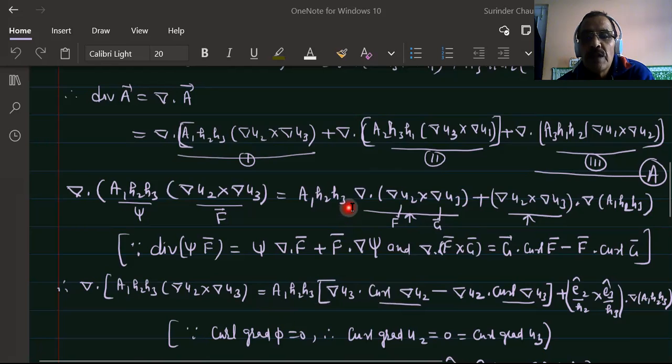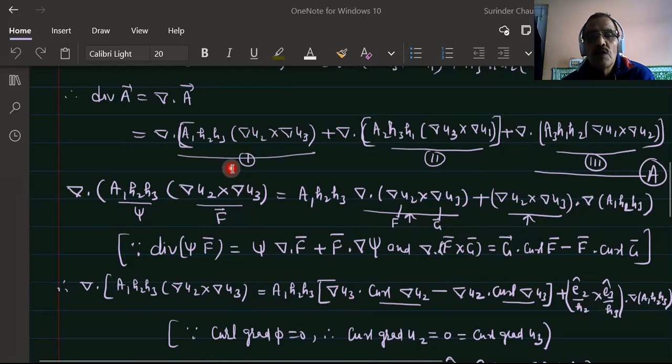This is del of f cross g vector is equal to del of u3 del of this g vector, del of f vector curl of f vector, minus del of g vector dot curl of f vector. Using this, leave this as it is, and in place of this component convert that again into e1, the unit tangential